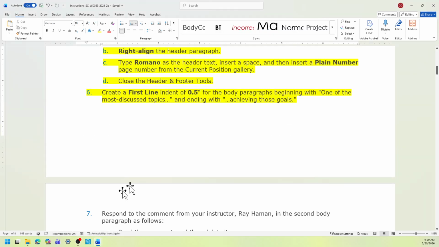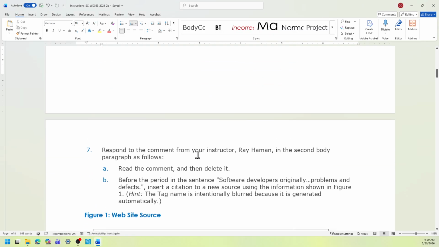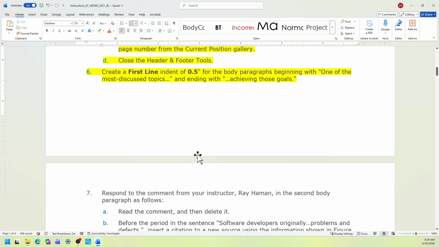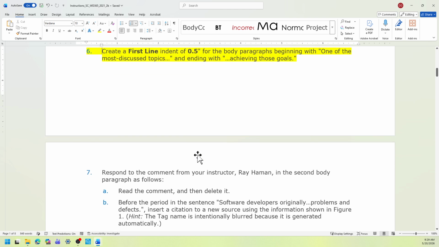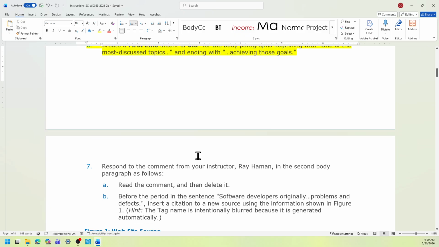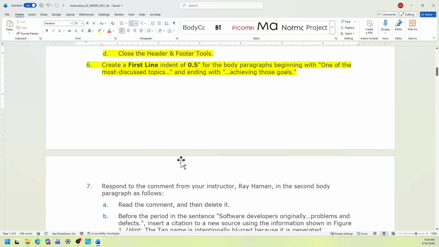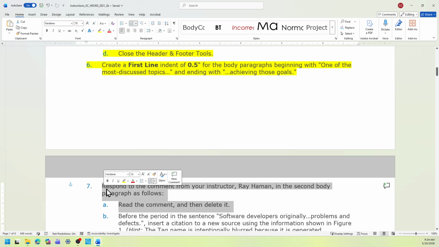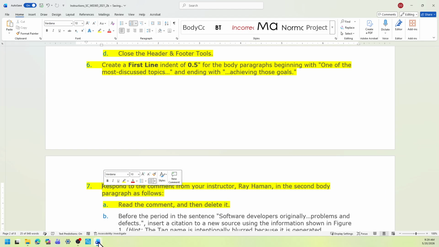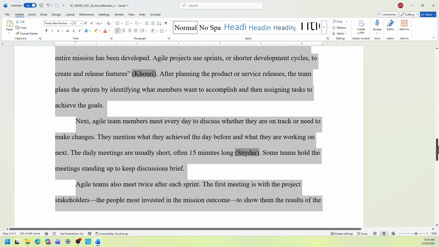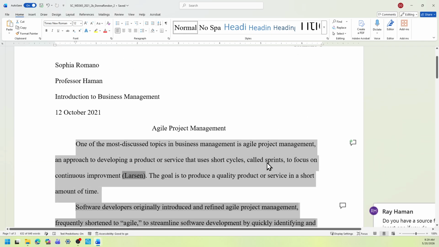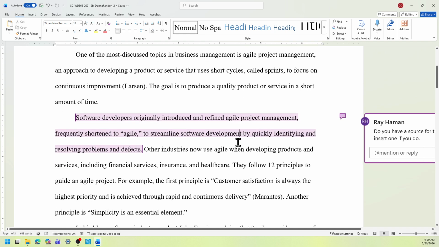So now we're going back to the instruction, and we're going to only do the 7A first, and then we'll do the 7B for creating the website source. So 7A, you're going to respond to the comment from your instructor in the second body paragraph. The second body paragraph. Okay? Alright. So back to the start file. So this is the first paragraph, and this is the second paragraph